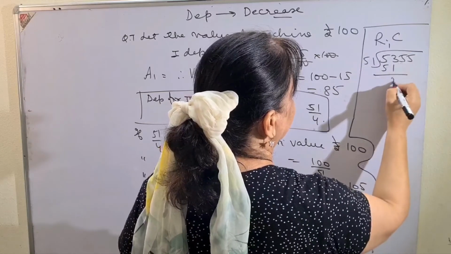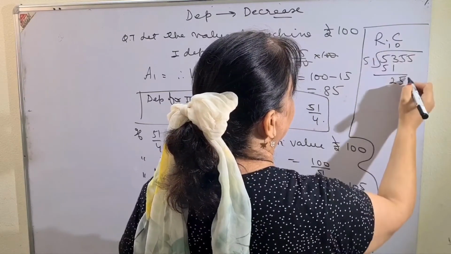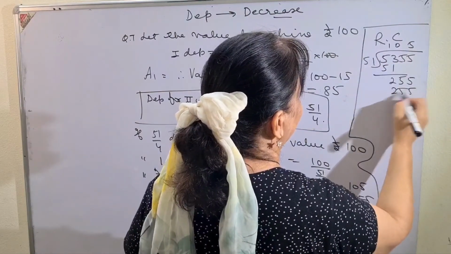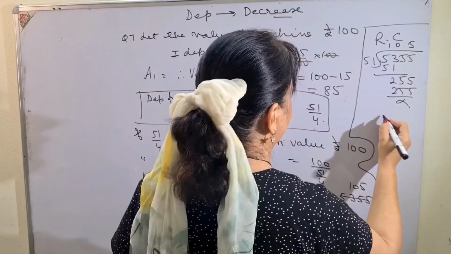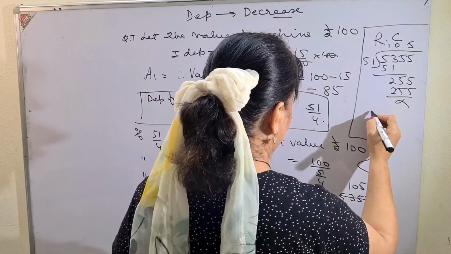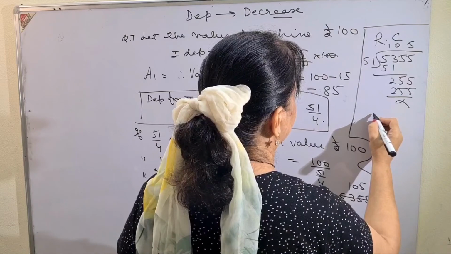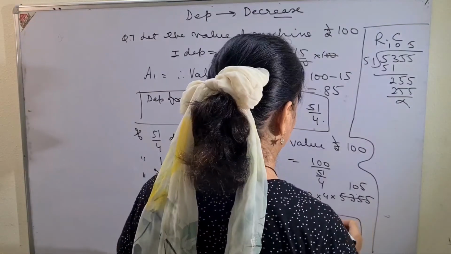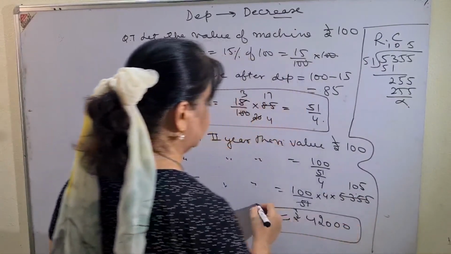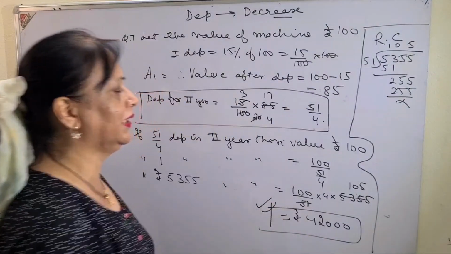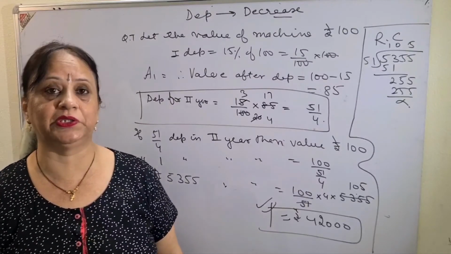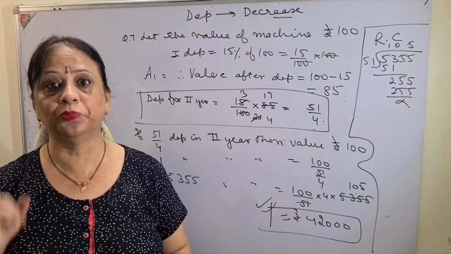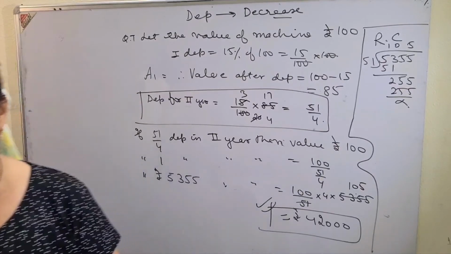See, I have done it in front of you, so you don't think that I have not done it. So this is 105, that is what we got as the answer. Then you multiply it and you will get your required answer. 105 into 4 into 100, this is 42,000, the value of the machine in the beginning. But this is depreciation, I hope you understood the word. After finding the amount, you have to minus the value, not plus, because it is depreciation.